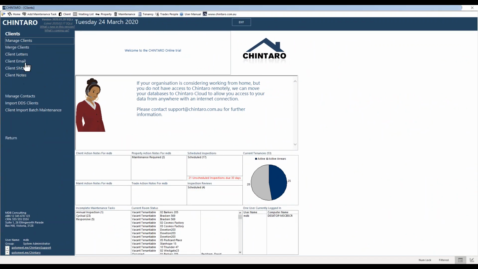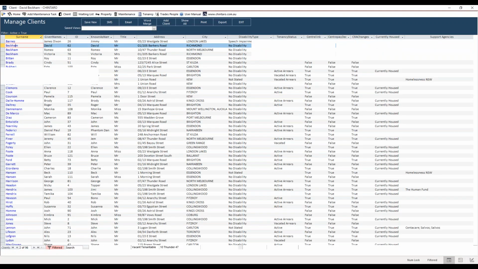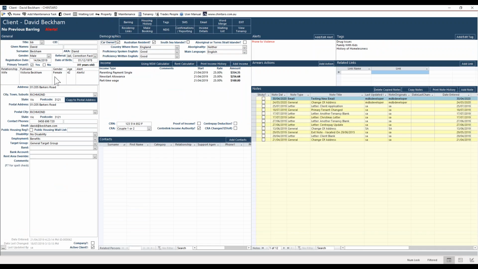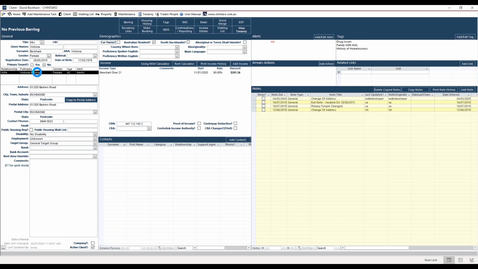And let's jump into our client here. Now, here we have our primary tenant, Mr. Beckham. He's fallen on hard times. And you can see over here, we have the option to select whether that person is a primary tenant. And if we click on Victoria here, and I'll double click on her, that will take us to her client